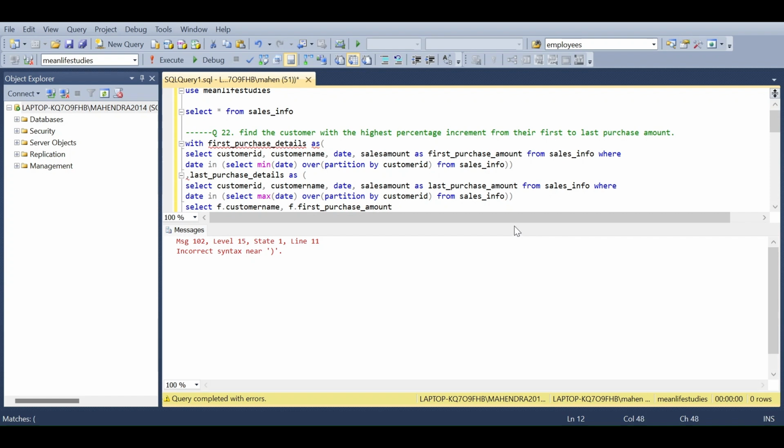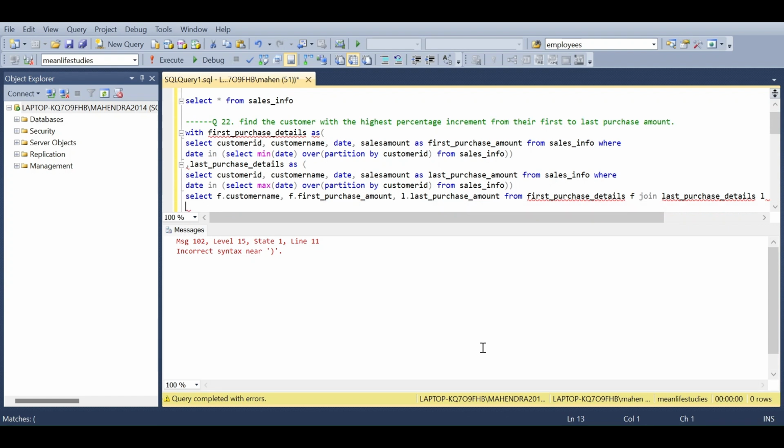Then from the second table, that is last, so we'll treat that as l dot last purchase amount. From, we need to join these two tables, right? That is first purchase details, and we are going to refer to this as f, join last purchase details as l,